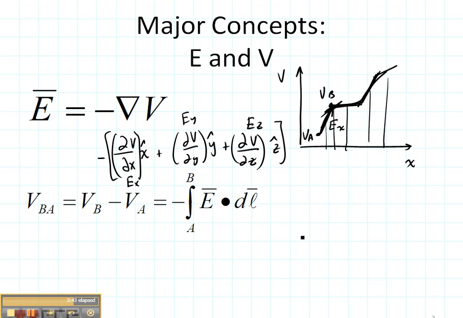So if we had an electric field right here at point A, and we had another electric field right here at point B, we would integrate along a line between A and B, put a minus sign there, and that would tell us the difference between VB here and VA there. Now I'm going to mention that you could go along that line, or you could go along this line, or you could go along any line, doesn't need to be a straight line, between points A and B, and you would get exactly the same answer. The potential difference would still be the same.